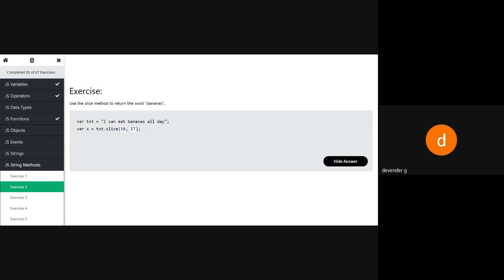So it is taking from 10 and 17. Size from the left side, from the right side, you have to take the values, and automatically I'm going to get bananas. We'll see this also. I'll write this as slice with some value.